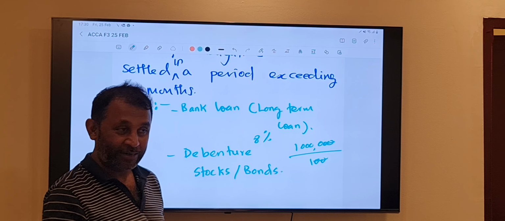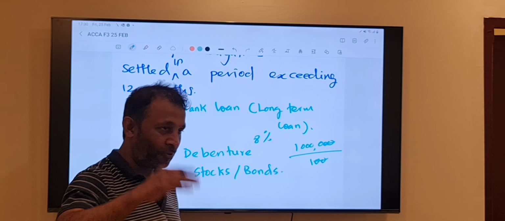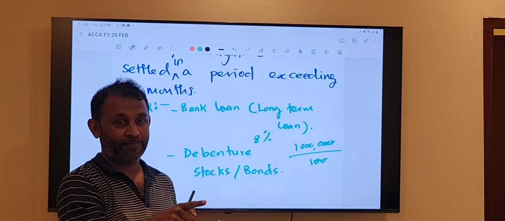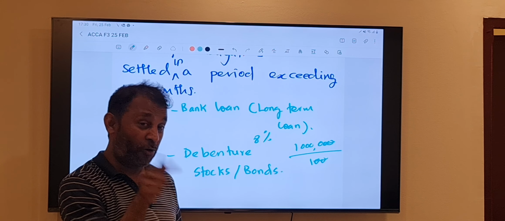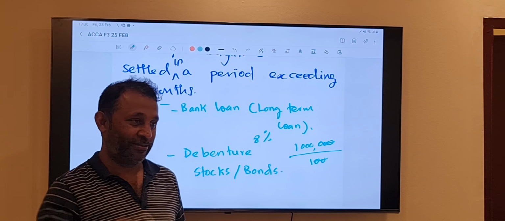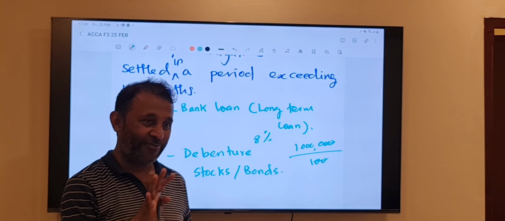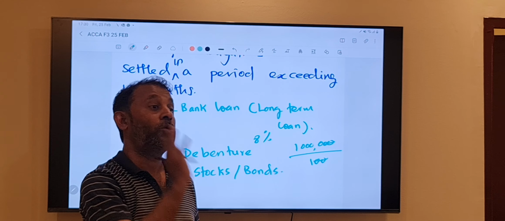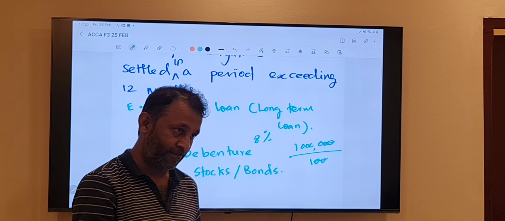Later we are going to study financial management and income tax and all that. This interest is subject to tax. Dividends for the owner is not subject to tax. That we will discuss later, inshallah. For the time being, for the sake of understanding, it is also one example of non-current liability.